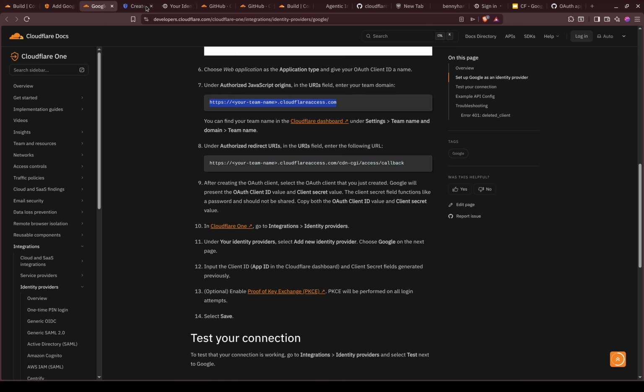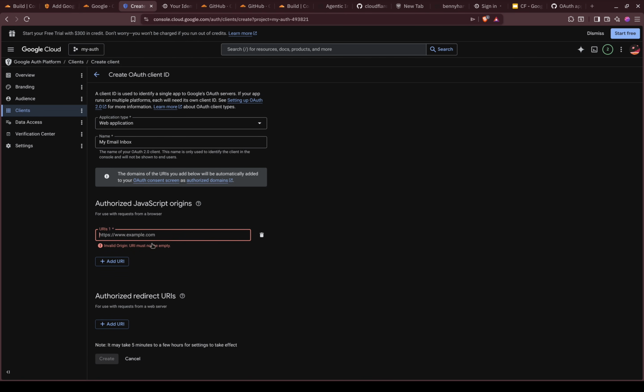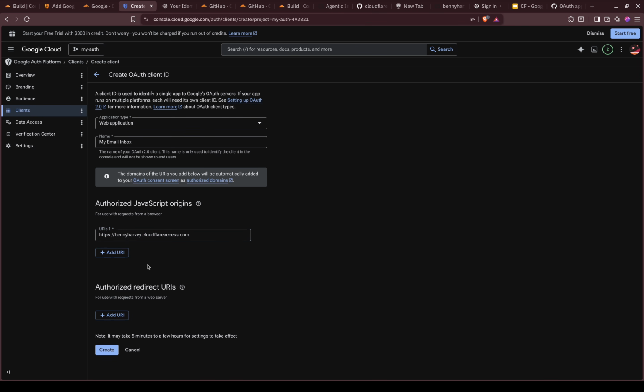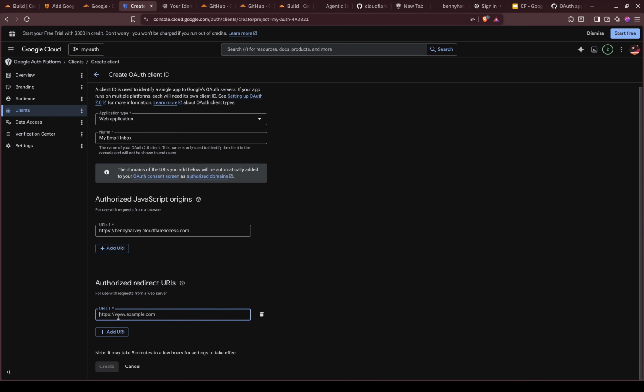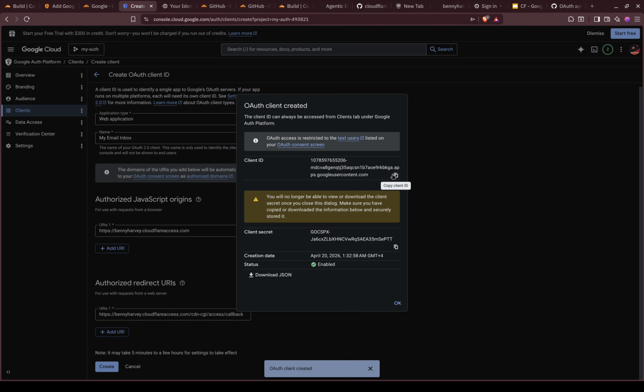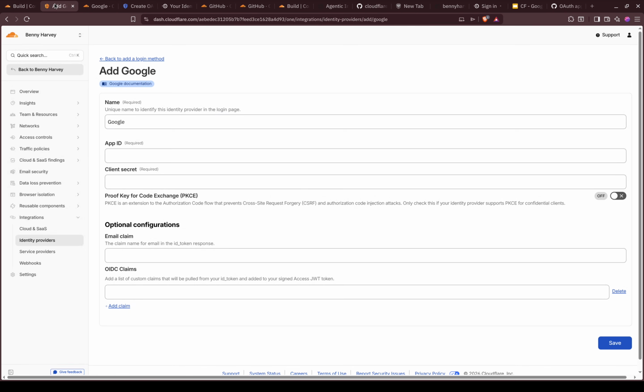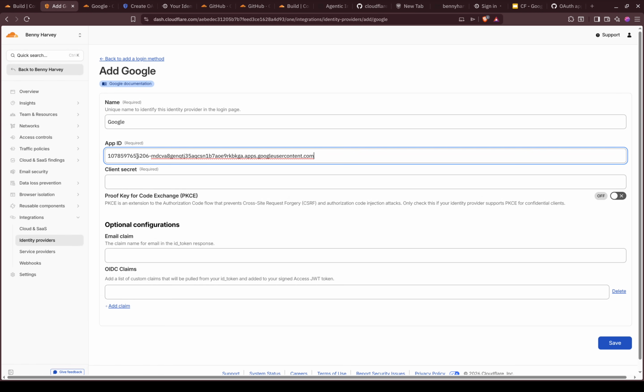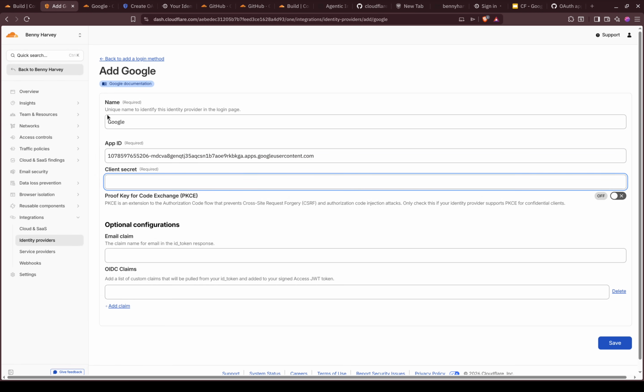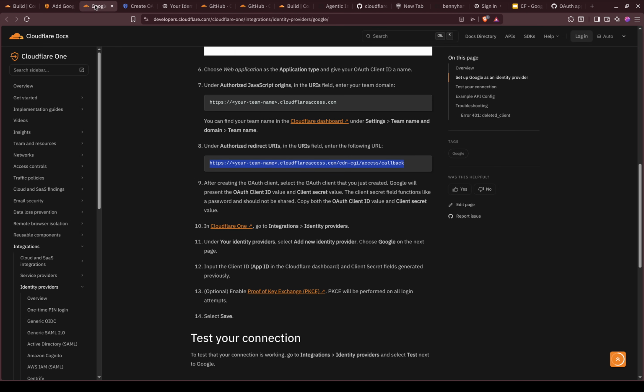So authorized origin is this one, the Cloudflare access, Benjavi Cloudflare access in my case. And redirect URL, same as Benjavi Cloudflare access, the callback. Okay, so we are creating our client ID, and this is where we get the client ID and client secret. This is the client ID, which we just copy into the app ID on Google identity provider inside the Cloudflare one,